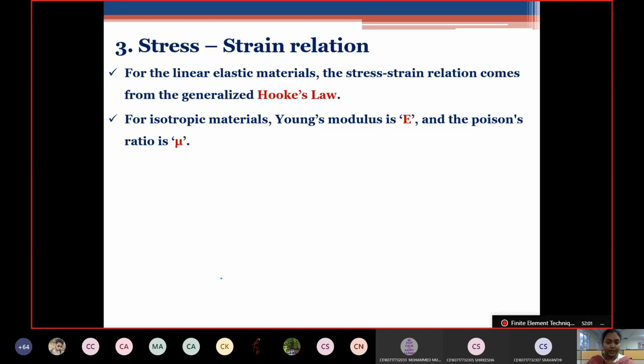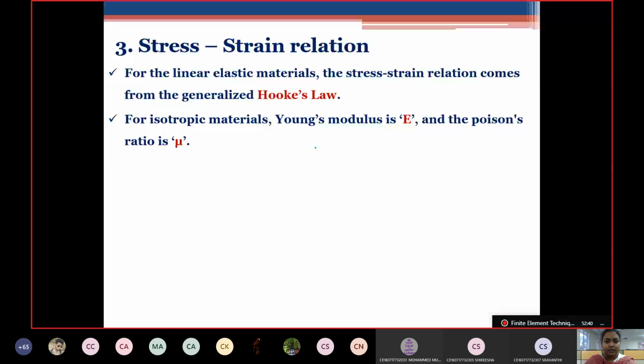This is very important, because when any element or structure is subjected to any load, it deforms or gets displaced. Upon that, it will have some strain, and ultimately it produces the stress. So to find out what happens when the load is applied, we need the relation between stress and strain. The basic unknown was displacement. If we get that, we get strain. Now from strain, we go for stress. For that, we need the relation between stress and strain.